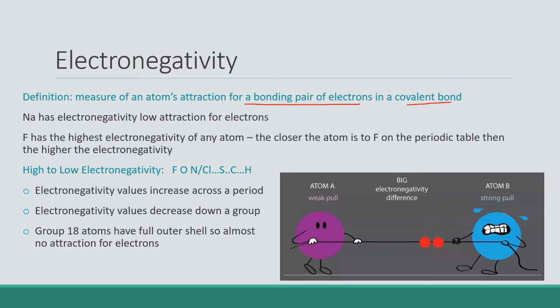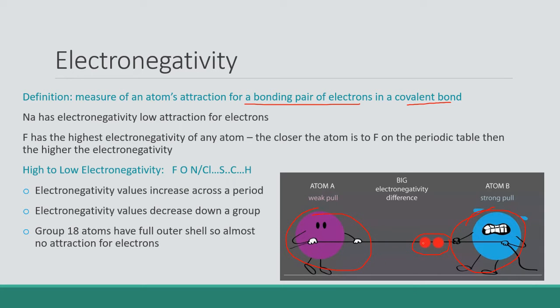If the atom is highly electronegative, it's going to have a strong pull on the electrons in the covalent bond, and that means these electrons are going to spend more time closer to this atom than to that one. If they are the same type of atoms in a covalent bond, then they're going to share these electrons evenly. But if one atom is much more electronegative, then it's going to have a stronger pull on these electrons